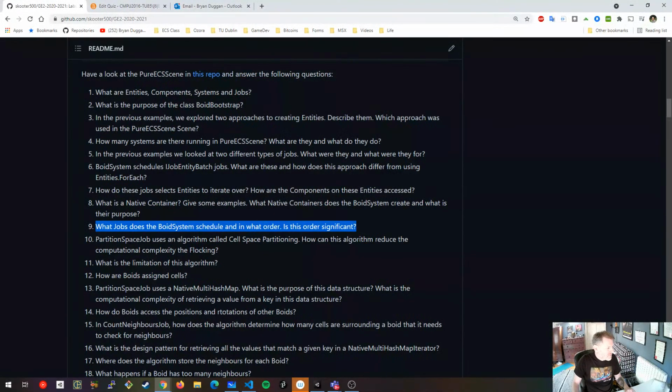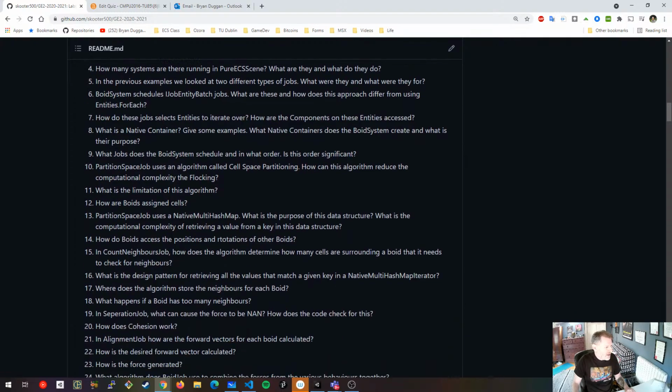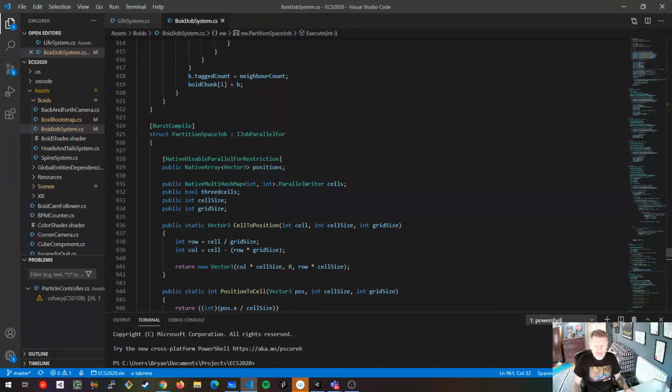Next question. Cool. Limitation, partition space uses a native multi-hash map. Cool. How do boids access positions or rotations of other boids? Great question. So, lots of boids need to, for example, when count neighbors